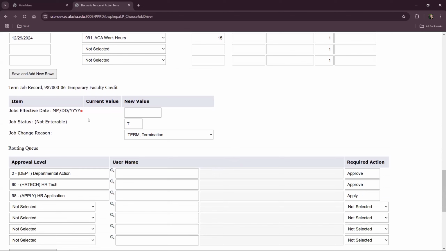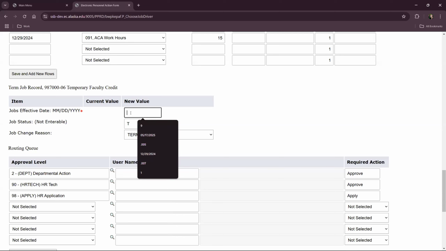For the next section, this EPAF will also insert a termination record to stop the assignment. So the job effective date for terminating the assignment, in this case for the spring semester, is 5/17/2025. You can consult the semester dates and deadlines document to help determine what effective date you should use for ending the assignment.